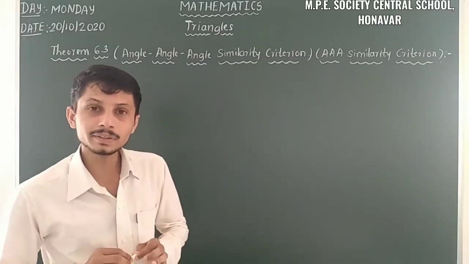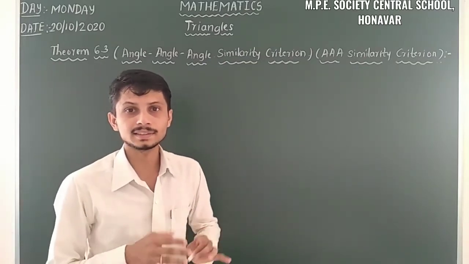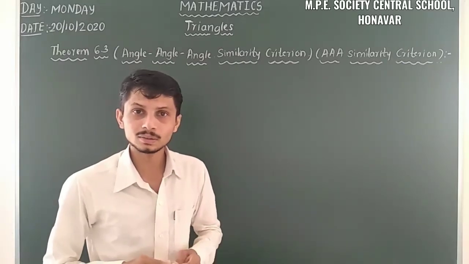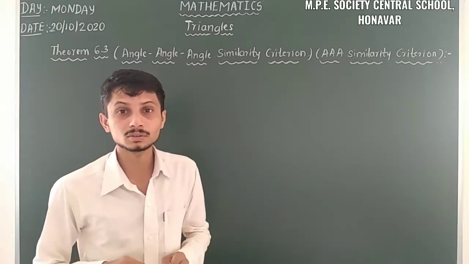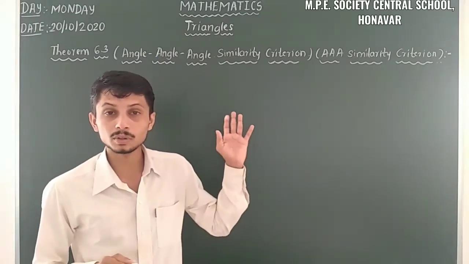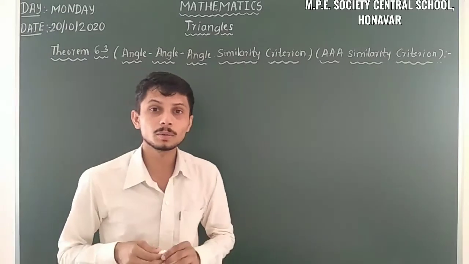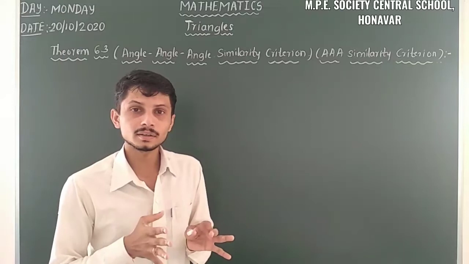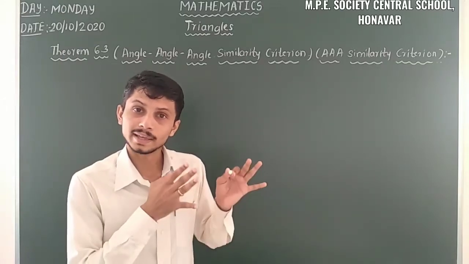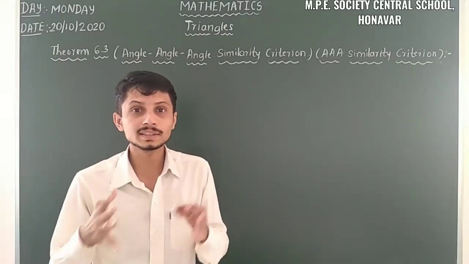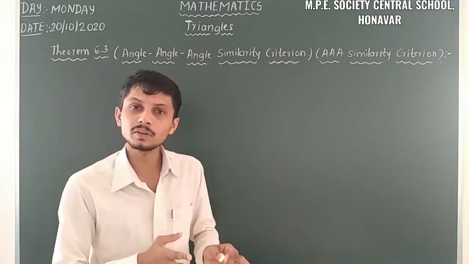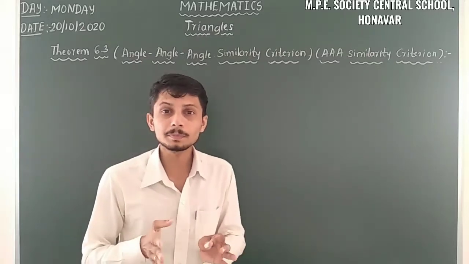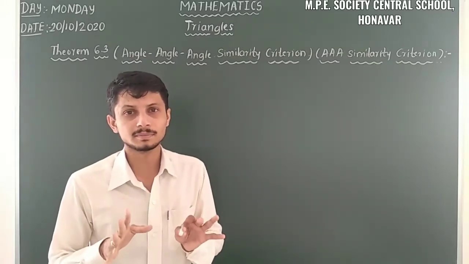Yes, so also we discussed in the 9th standard some of the congruence rules, that is SAS congruence rule, ASA congruence rule, SSS congruence rule and RHS congruence rule. So here we are discussing AAA similarity. Also you know the difference between congruence and similarity. So in the case of congruence criterion and similarity criterion, the statement part is quite the same.